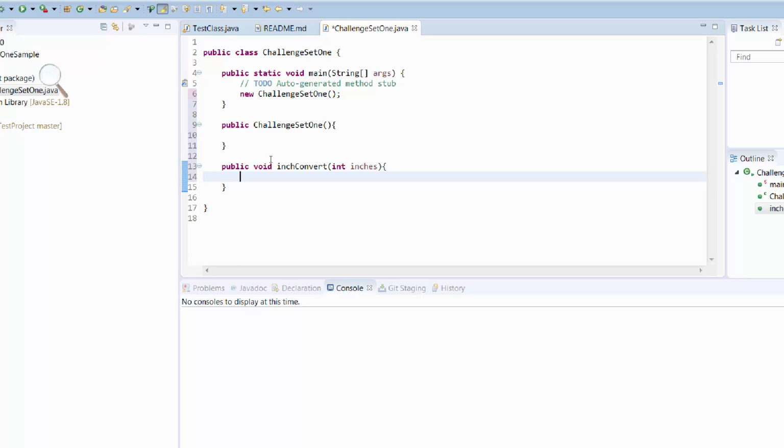Let's see, why don't we say, we're going to create a double. A double is a type of data that has a remainder, basically. It's multiple decimal places. An int is a whole number, a double can have decimal places. So we'll call it cm for centimeters equals,